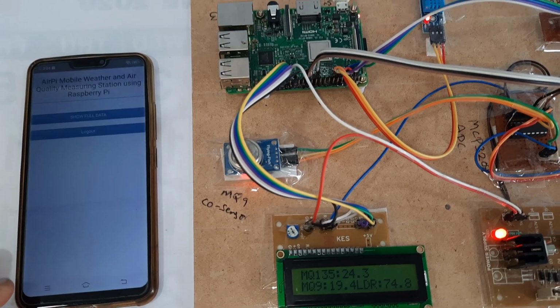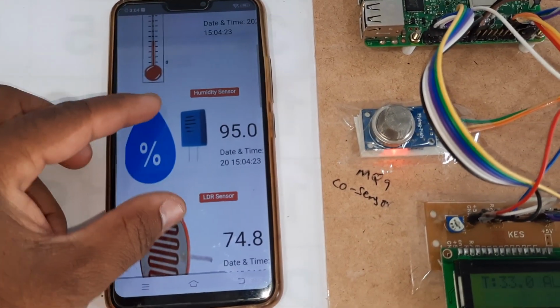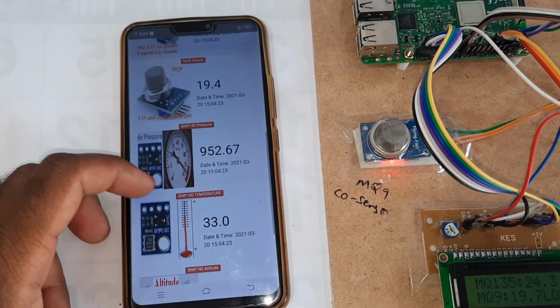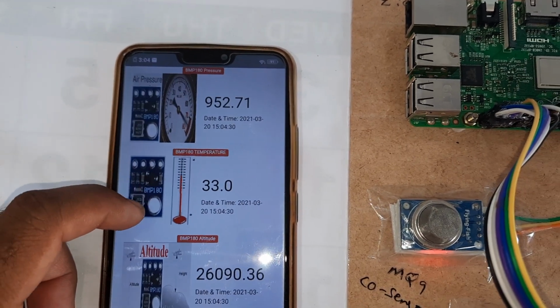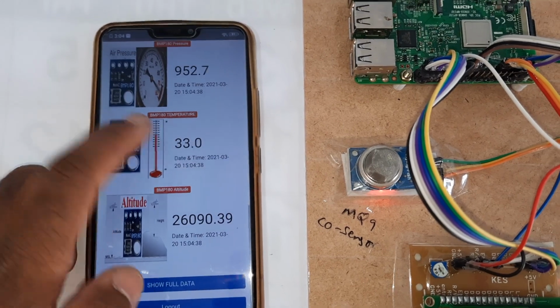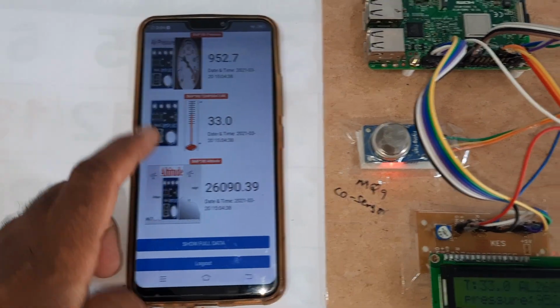Okay, show full data. Temperature, humidity and LDR, MQ135, MQ9, and air pressure, air quality. So BMP180 temperature, BMP180 air pressure, and BMP180 altitude.